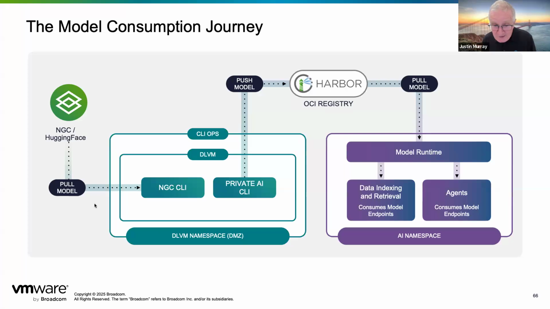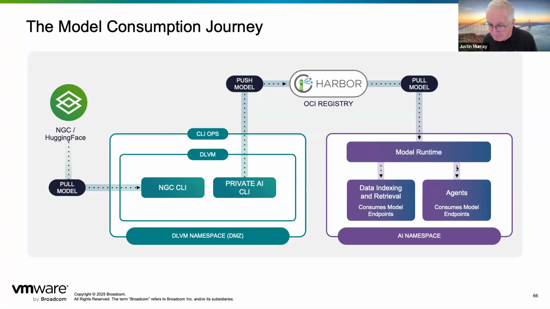And then once the testing is completed and they've found that the model is valuable and safe and not doing bad things, they will use a private AI Foundation CLI, command line interface, to push that model up into the Harbor repository that is the recognized library of validated models. We have one of these for internal work here, by the way, and we have a portal that shows it. And these models have been tested by data science people, and now they're ready to be pulled into runtimes for application scaling or application use.